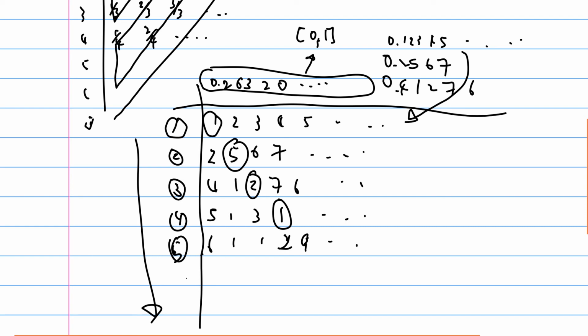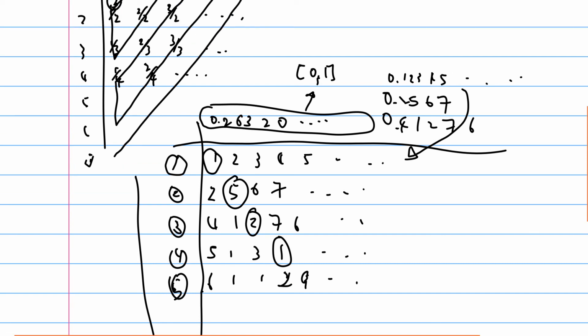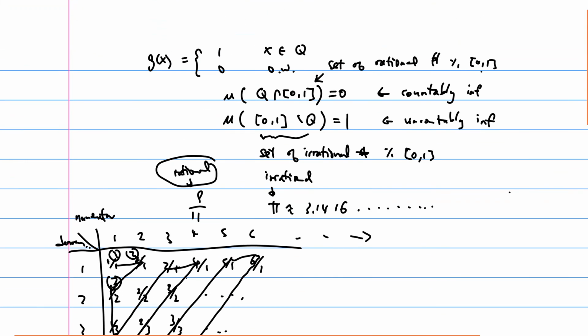Because it's uncountably infinite, it's actually an order of magnitude bigger as an infinity than the countably infinite one. So we simply have many more irrational numbers compared with rational numbers, and that gives the reason why the measure of all the irrational numbers between 0 and 1 will basically contribute all the measure, just equal to 1, and the rational numbers will only contribute 0, basically contributing nothing.